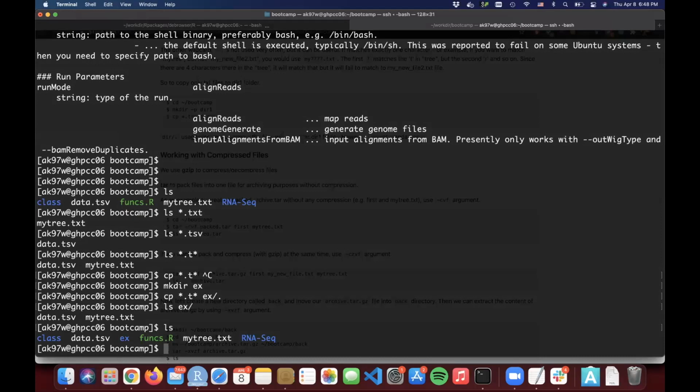So sometimes you want to back up the files. You don't want to copy all of them. Maybe you have 100 files in a folder, and you just don't want to copy one by one. You just pack them and then copy the zipped file. So how you can do it is you can use this tar